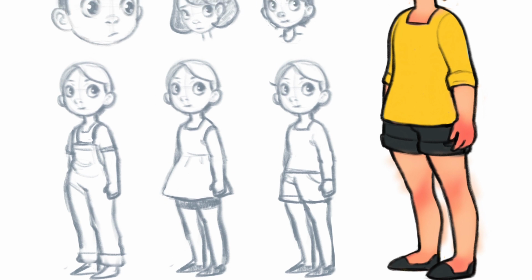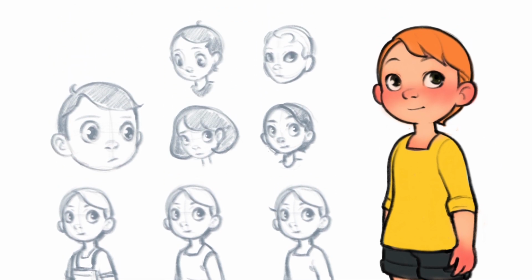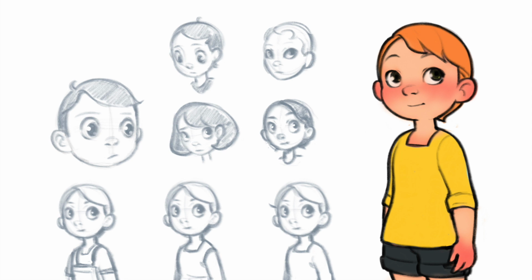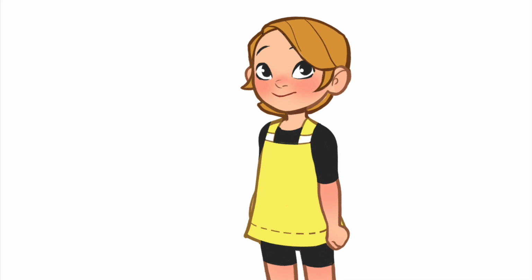Believe it or not, this is actually the first design for Eva. This really little round blonde girl was the first design, and she has absolutely no character. She of course looks very sweet, but it's not what I was going for. The second design is a bit more interesting. Her hair has changed a little bit, the lines are more my style, and I ended up using this for